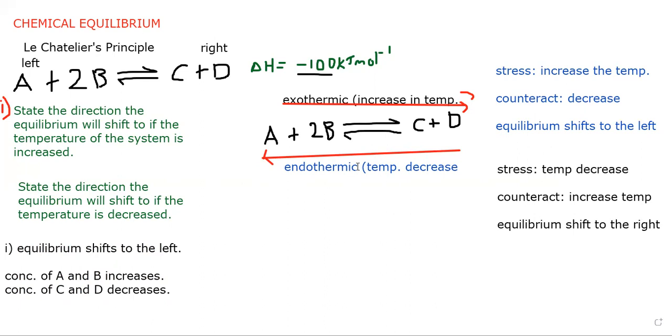And it will only decrease it if it is counteracting an increase in temperature. So if you want to increase A and B, you need to increase the temperature so that when the system counteracts that, it is going to shift to the left-hand side to decrease the temperature. In decreasing the temperature, it will produce more of A and B. All right. In part 2,